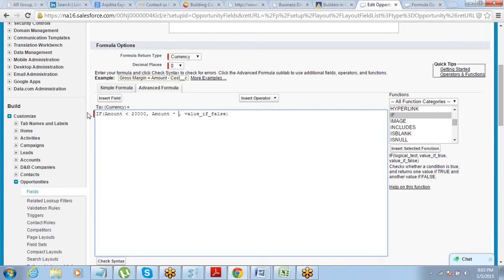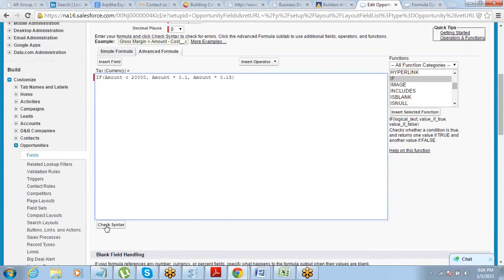Amount into 0.1. If this is more than 20,000, then the value should become amount into 15%, which will be amount into 0.15. That's it.